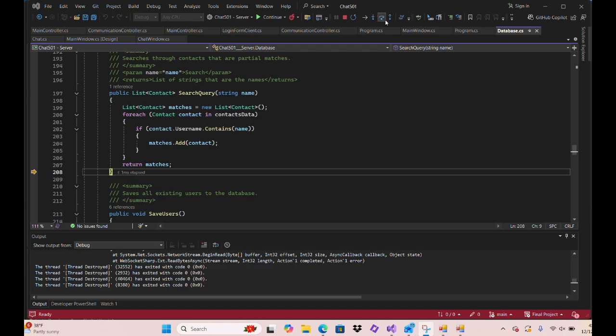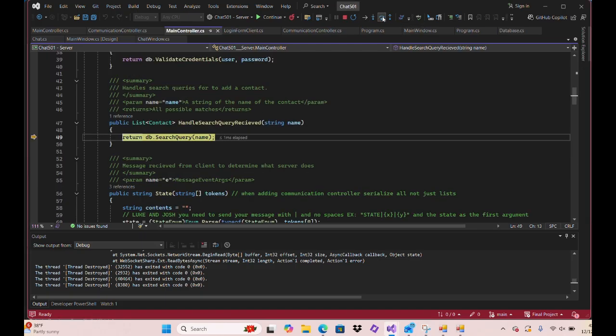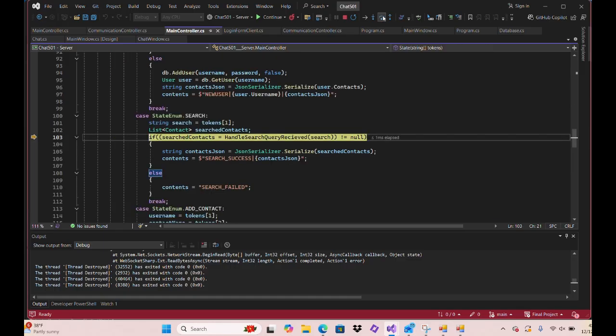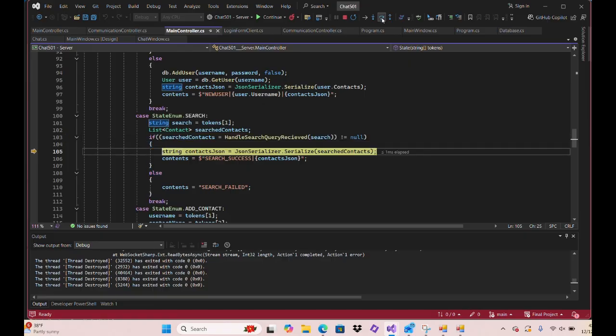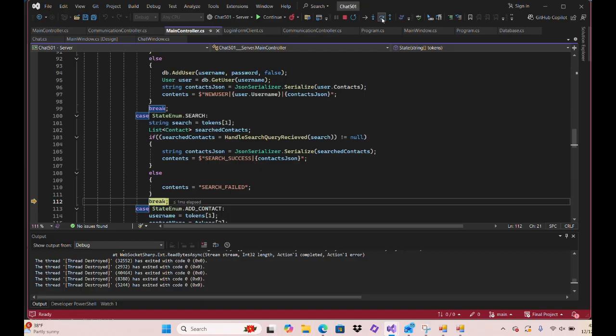So then we're gonna go back to where we were, and then that's gonna take us back to the if statement in this case. And then I realized that I typed lowercase m instead of capital M because it's case sensitive. So it's gonna end up going into search failed instead of search success. But if we sent over search success, that'll take us back to